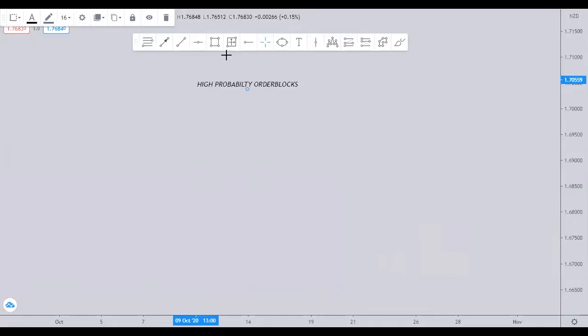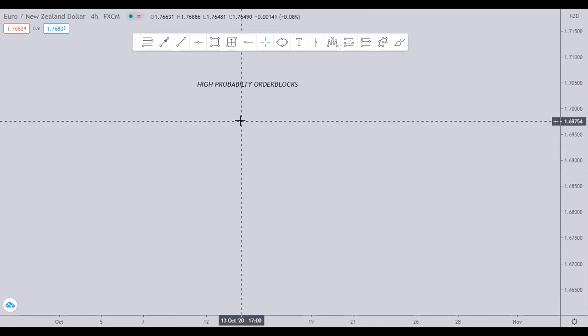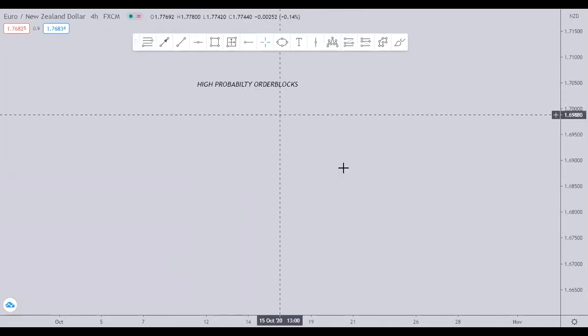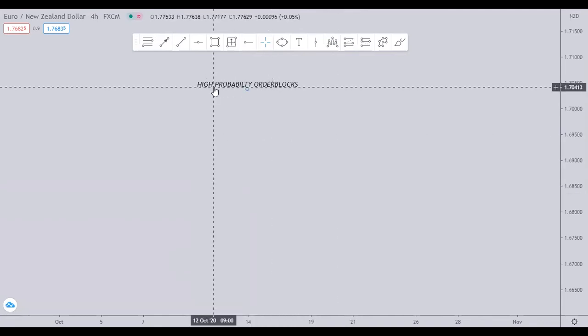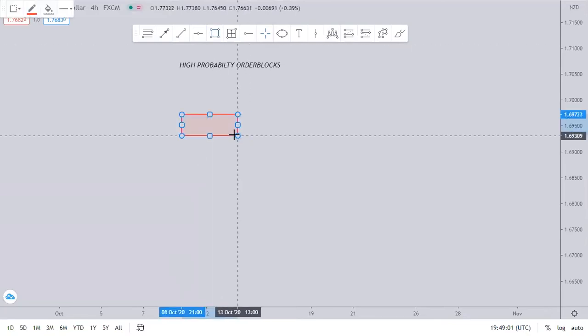Now, when we say an order block is a high probability order block, what does it mean? We have to know what it means, so when we see them, we know what is likely to happen. When we say an order block is a high odd order block or high probability order block, it means that when the market trades into that order block, it is very, very likely to reverse from there, or very, very likely to respect that order block. A high probability order block is an order block that price is very, very likely to respect.